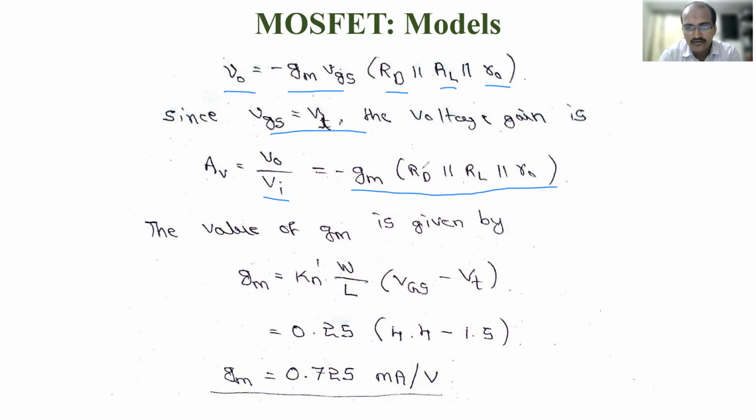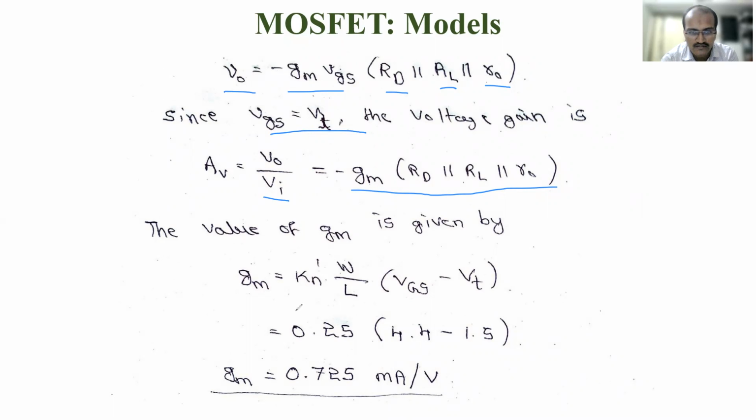So we know the RD value here, and the RL value. We don't know the R0 value. The R0 value you have to calculate from the formula, and also the GM value we have to calculate. So we do that first, and then we can get the small signal voltage gain, which is the first required parameter in the problem. So the value of GM is given by many formulas; 2-3 formulas I told you yesterday, right? I told you to work them out.